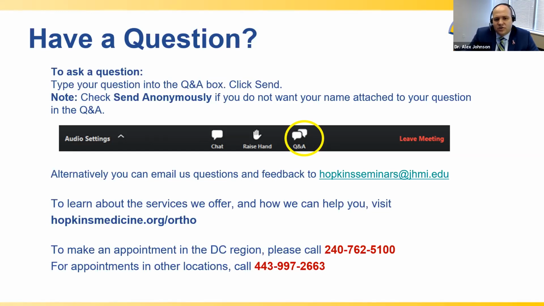We have a question: why is it that some people who have a tear in the rotator cuff don't always need surgery? That's a really good question. It depends upon the age of the patient, how bad the symptoms are, and what the tear looks like. If it's a full thickness tear, meaning going all the way through the tendon, then generally that's something that we would operate on in most cases, because there's a fear that the tear would propagate and get larger over time. Studies have shown that if that tear gets larger over time and the shoulder's not functioning correctly, it can lead to arthritis down the road. So those are the ones where we generally will operate.